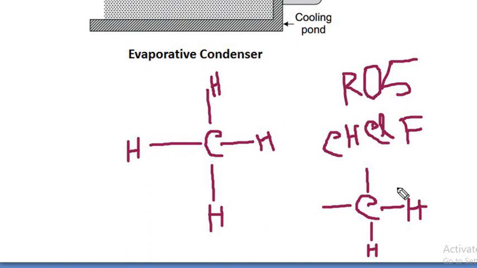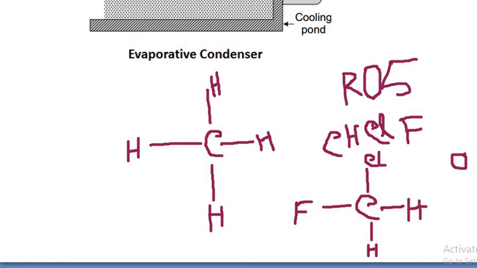Right over here for this F. This is for Cl, that is chlorine. Okay. What will be the refrigerant formula? First of all, check the number of carbon atoms. This is the 1. Okay. So we have to write 1. Carbon minus 1 will be 0. Okay. Then number of hydrogen 2.